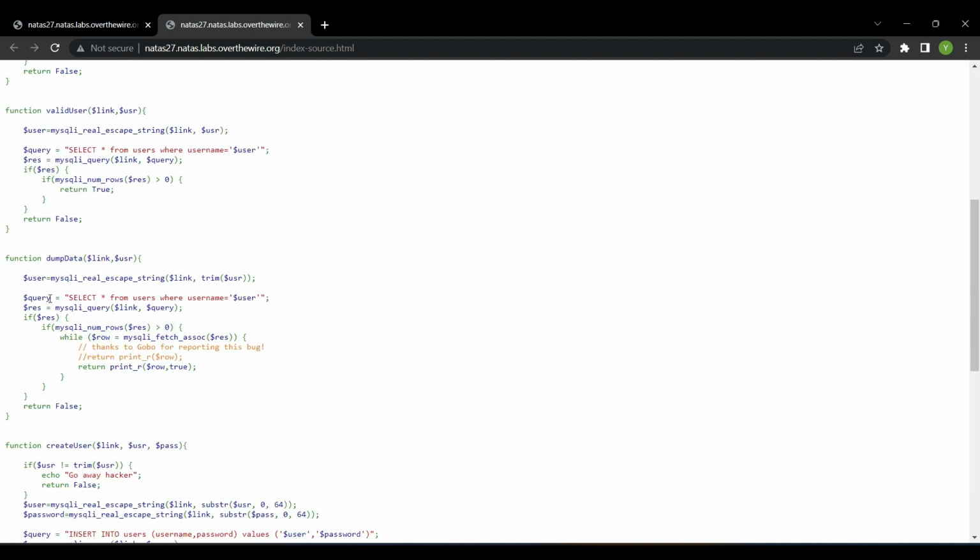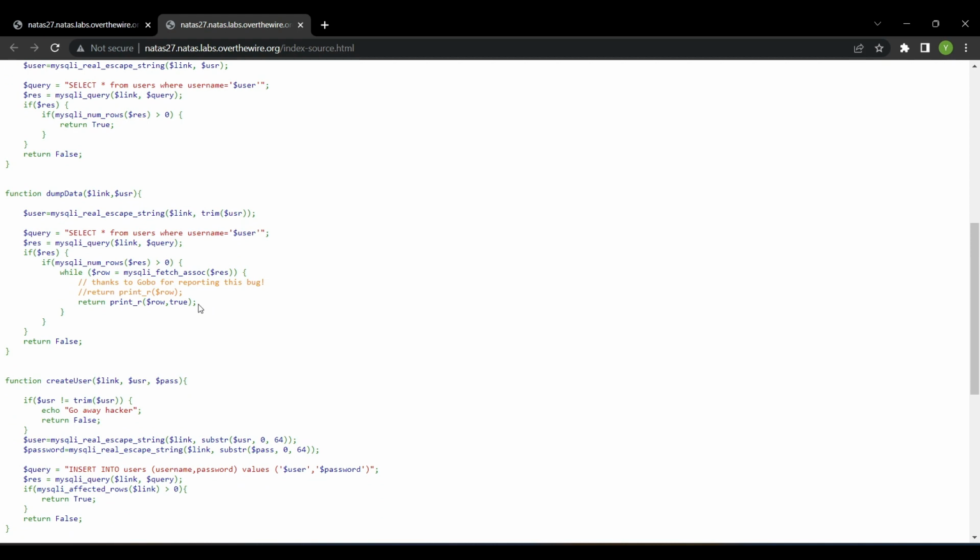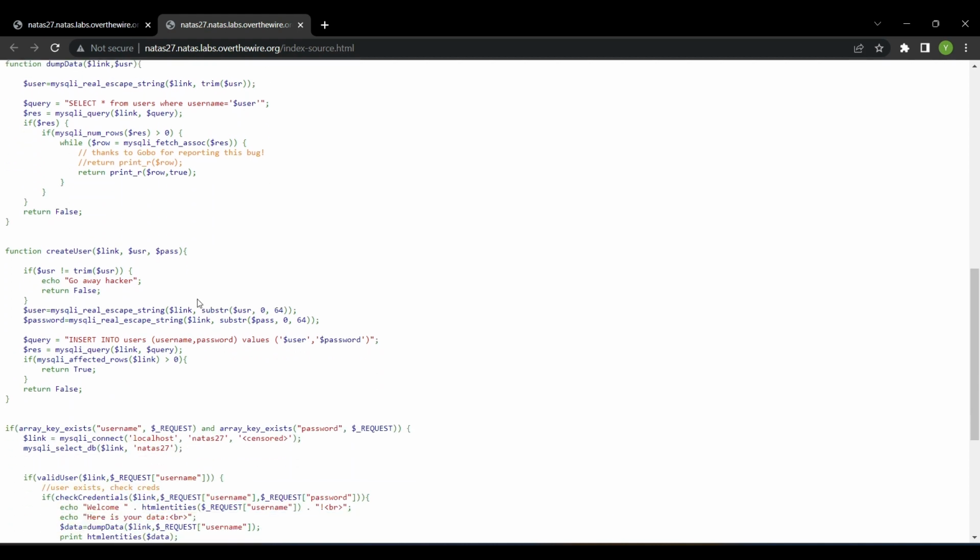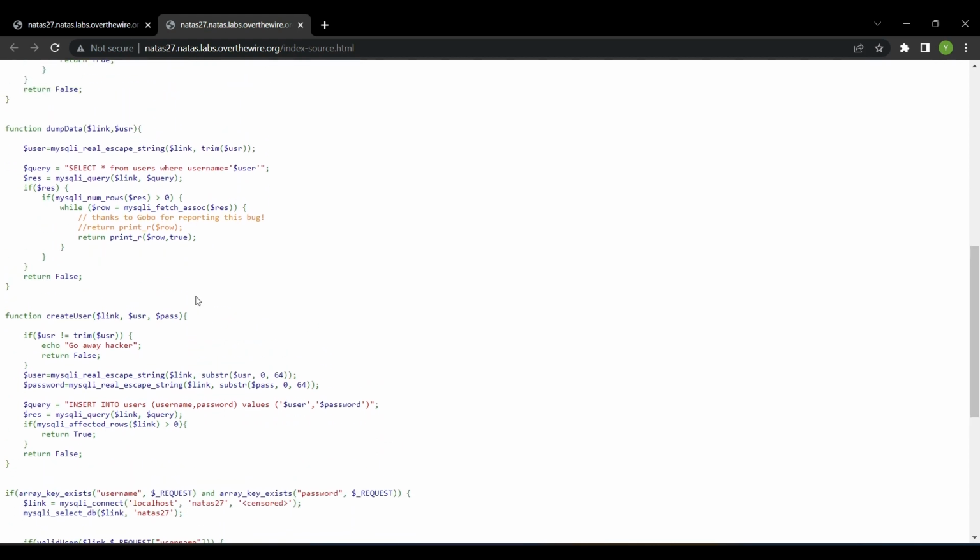In the dump data function, we can see that the data is fetched using a select statement which ignores the extra spaces put at the end of the username. So even if the username is 64 characters long and the end characters are all spaces, it will still show the output of the user without the spaces. So we will use all these properties to create an extra username which will help us get the password